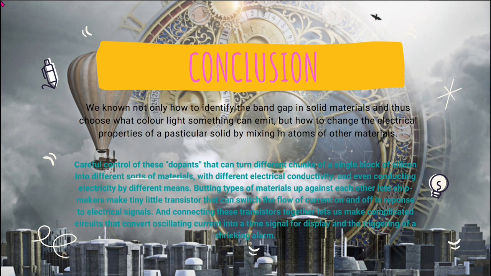Careful control of these dopants can turn different chunks of a single block of silicon into different sorts of materials with different electric conductivity, and even conducting electricity by different means. Butting these types of materials up against each other lets chip makers make tiny little transistors that can switch the flow of current on and off in response to electrical signals. And connecting these transistors together lets us make complicated